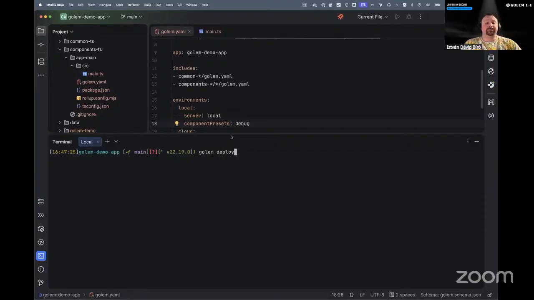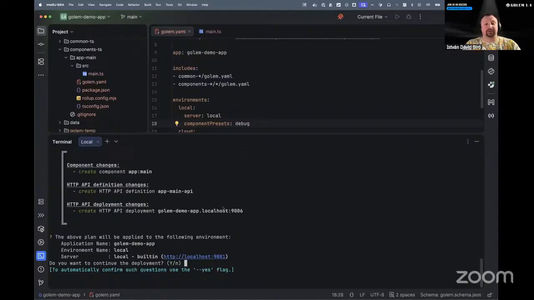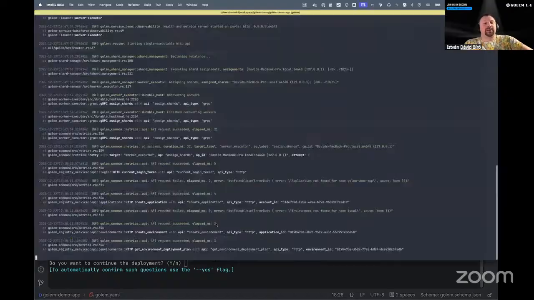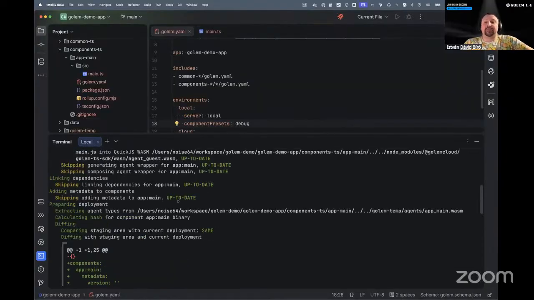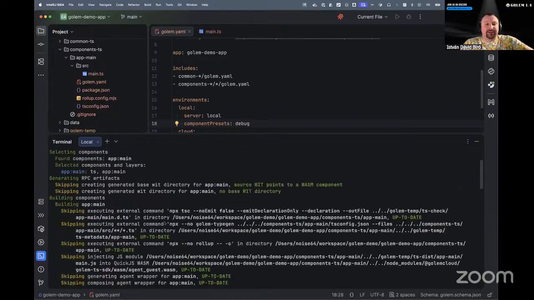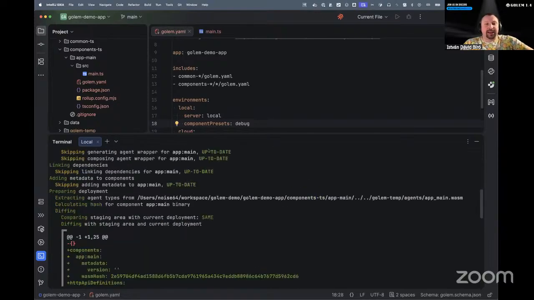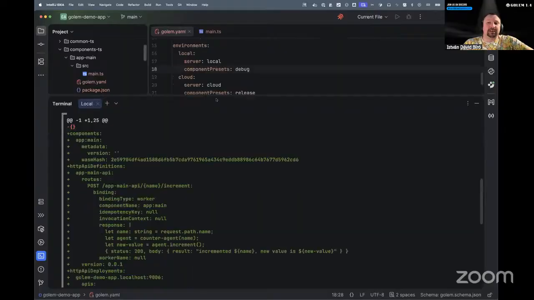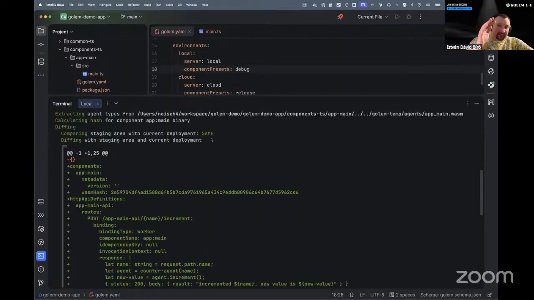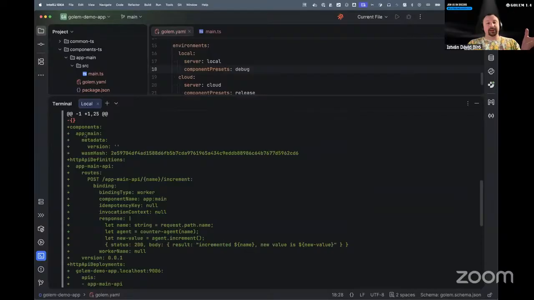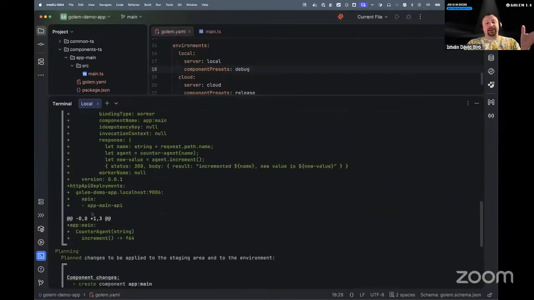What will happen, I already have my server running in the background. You can see that, as usual, it triggers a build depending on up-to-date checks. I already built it, so that doesn't happen. And similarly to what we had in 1.3 and before, we have diffs. But what's interesting, now we have one unified diff because the whole infrastructure is having one diff. As you can see, I will create components, HTTP API definitions. And we have also one more